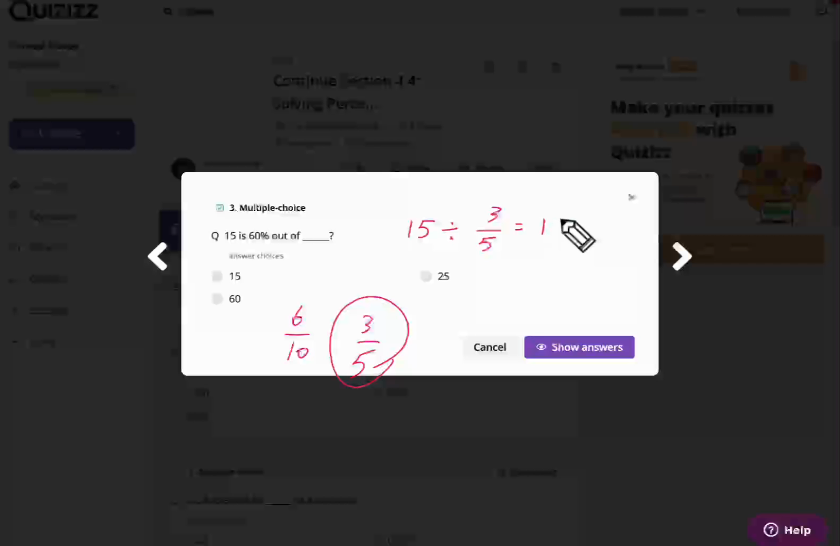And it's the same as 15 multiplied by the reciprocal, 5 over 3. Now, simplify, divide by 3. 15 divided by 3 equals 5. Now, you should multiply 5 by 5, and it gives you 25. Any problems? No, teacher. In the next question,